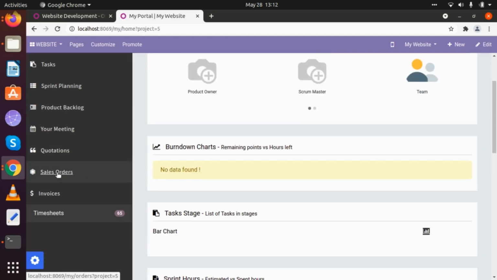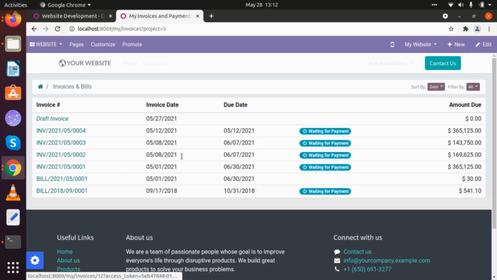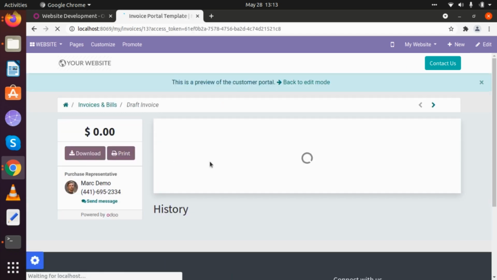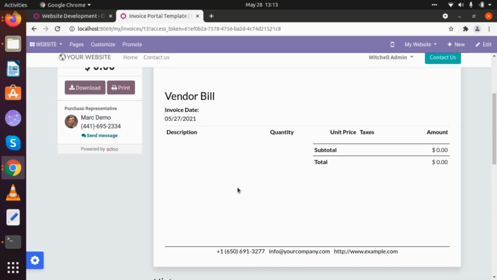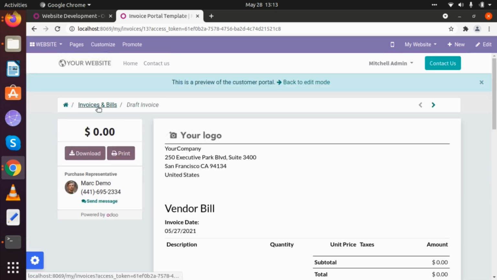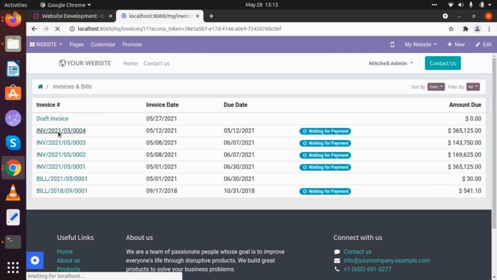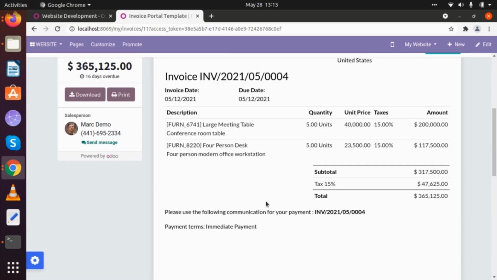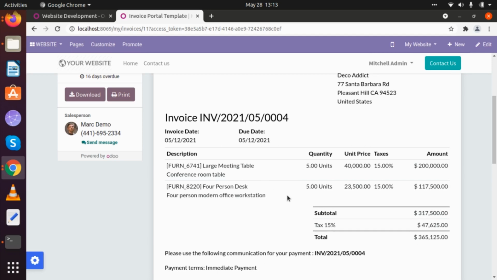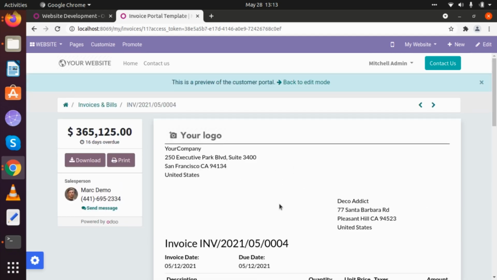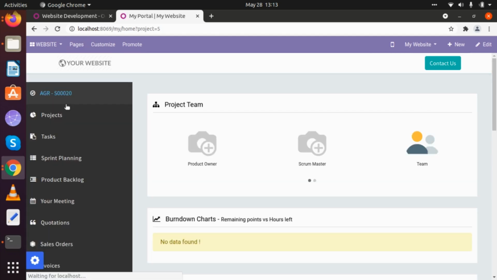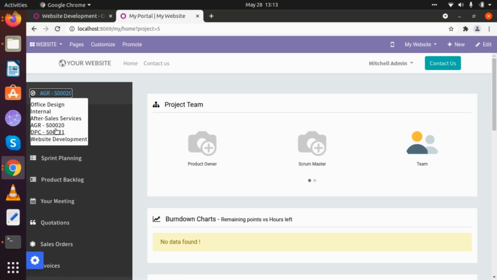Then if there is any sales order created or invoices are created, they will also be shown here directly. If that is an invoice, it will look like this with numbering. If it is in draft, then it will not have any number and it will look like this. Yesterday we created one invoice for this particular person, but it is a zero amount, so we are not going to show it regularly. But if we look at this particular invoice, it shows what products are going to be added and how we can work with those products. And this is how our portal works.